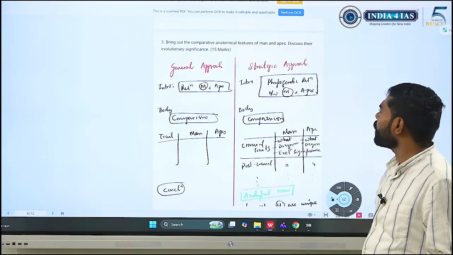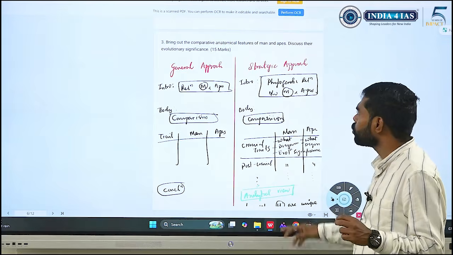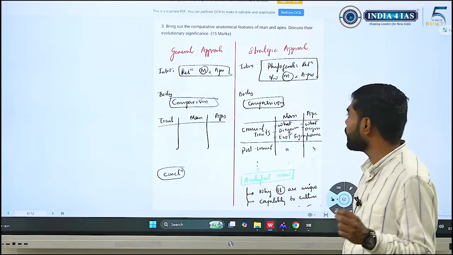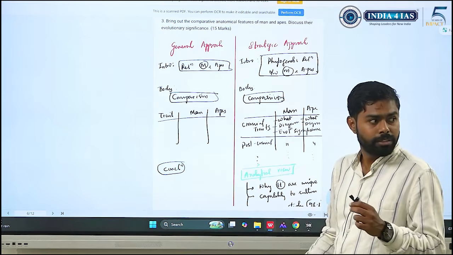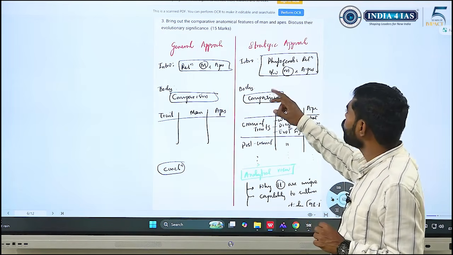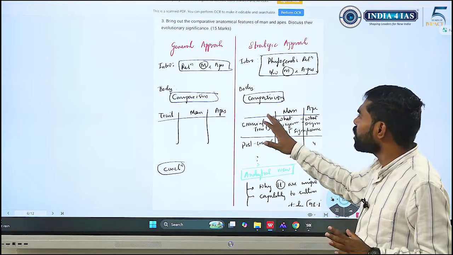So bring out the comparative anatomical features of man and ape. This question is highly anticipated for this year as well, 2026. So prepare it in a solid fashion. Discuss their evolutionary significance. So the general approach, what would be the general